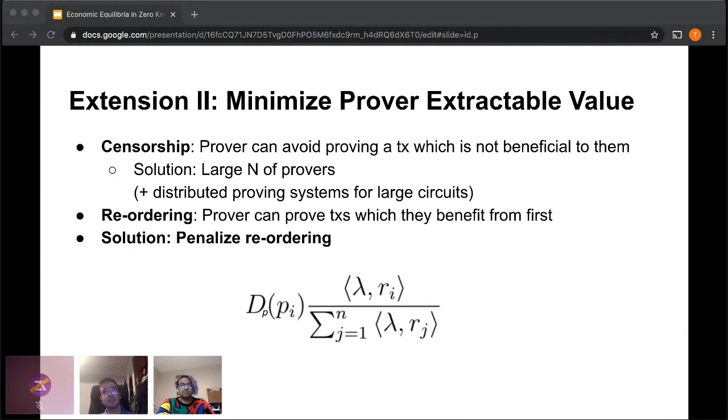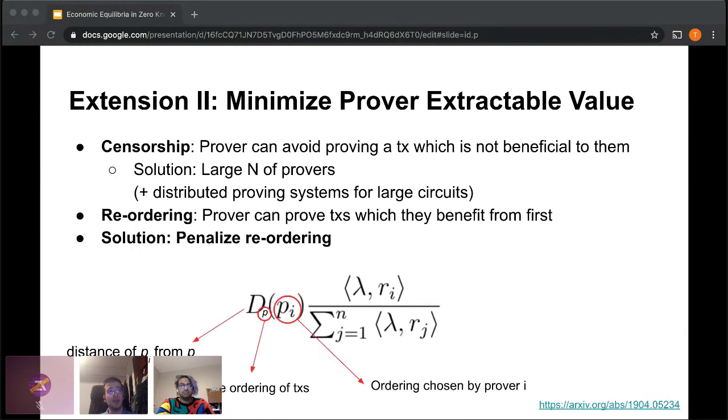And we explain this extra term as a distance metric. Basically, this says that your reward will decrease the more the permutation of the transactions that you're computing the proof over differs from the original transaction order that you received. So if the block sequencer, the block producer, gave you transactions 0 to 9 in an order 0 to 9, and you suddenly put transaction 9 in the first slot and the first transaction in the last slot, you should lose some money.